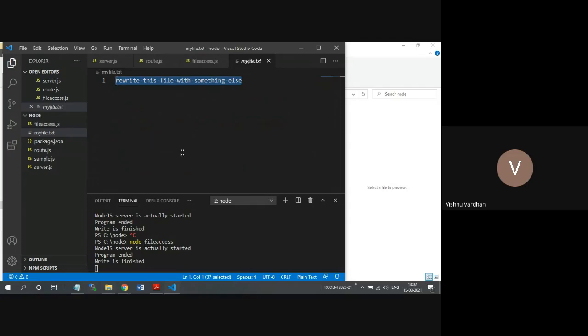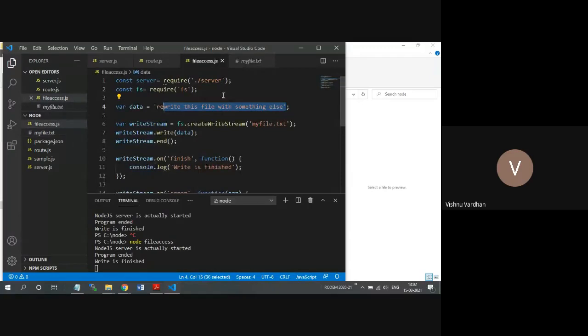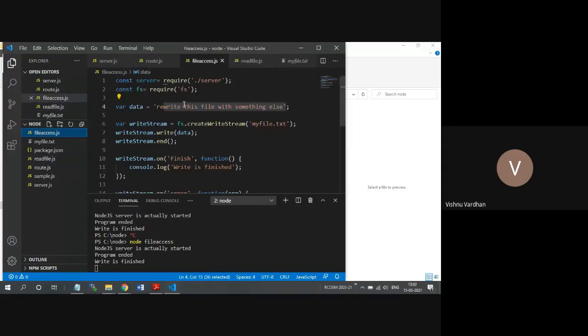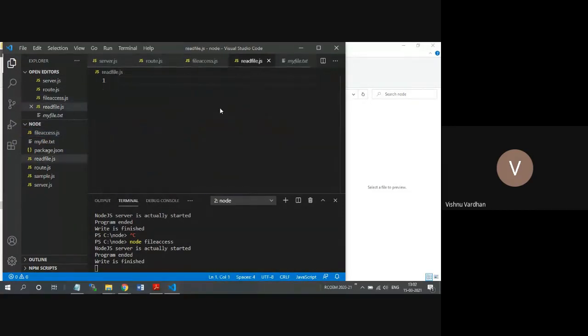Okay, so continuing this, we have written something into this file, but from a different file. Suppose what I will do is I will read file.js, which I will create, and I will take the initial code lines which are very much the same in this case. Now I am reading the content which is available from that particular file.